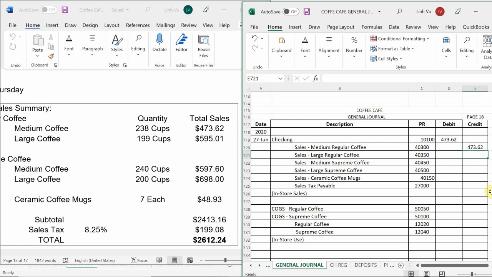Okay. Large regular, 595.01. Medium supreme, 597.60. Large supreme, 698. The coffee mugs, 48.93. And tax,